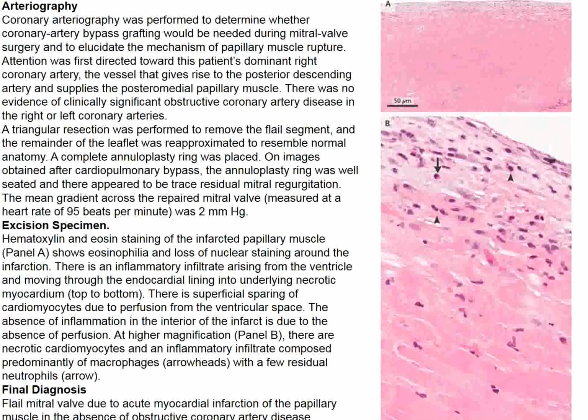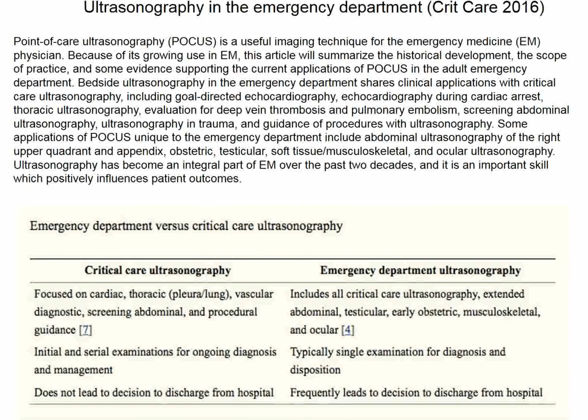And if we look at the specimen here, it looks like he might have had a small infarct in the papillary muscle. He had a cardiac catheterization. The main coronary arteries looked normal. Don't know exactly why, but he's got a flail mitral leaflet, so his papillary muscle must have ruptured for some reason, and it's postulated that it did so because of a small infarct that was responsible for this flail mitral leaflet. Now, we've looked at ultrasonography under emergency department conditions in some earlier reports in the New England Journal,